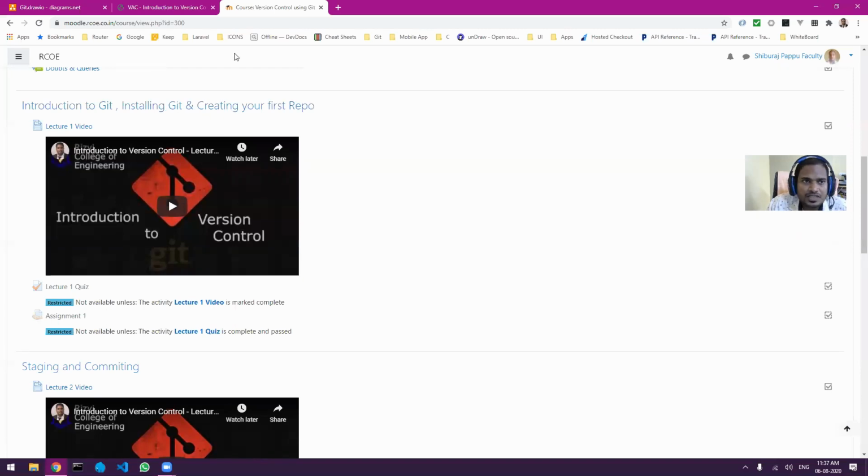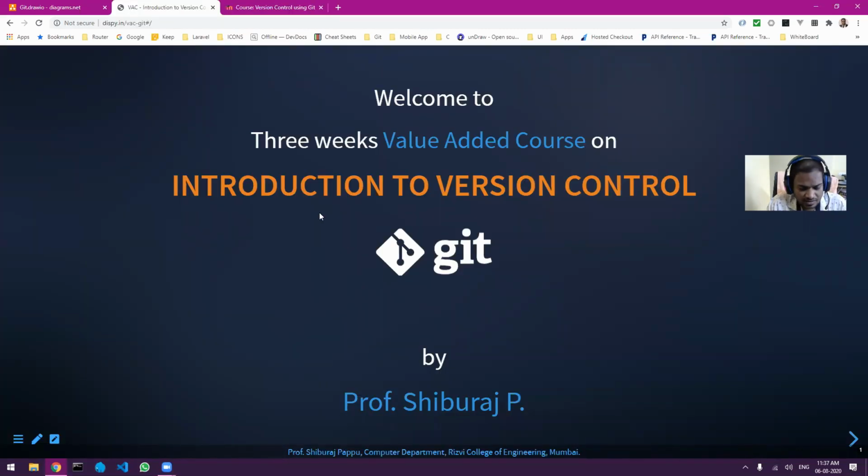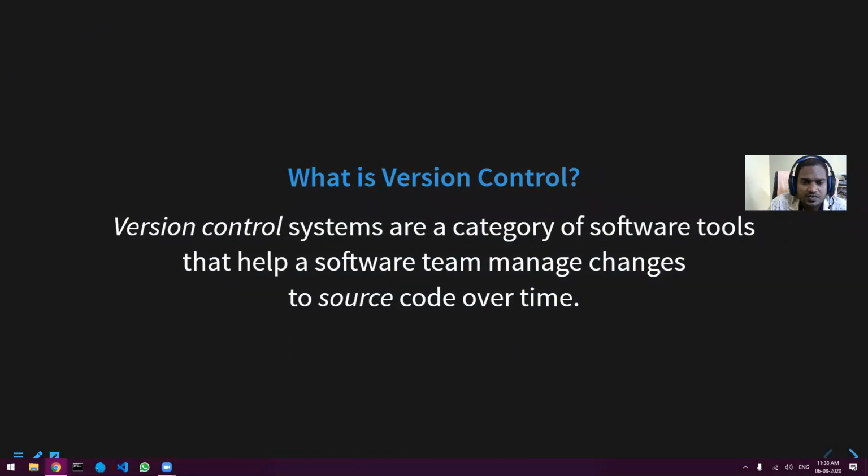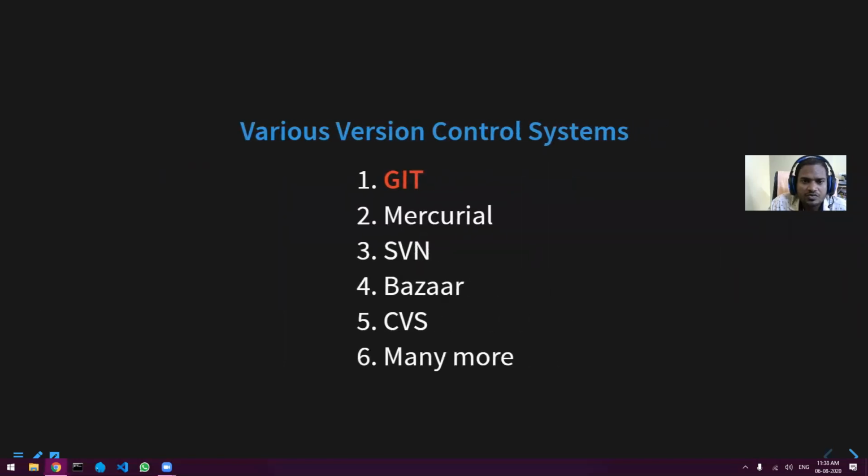So let us go back and quickly revise the topics that we have covered in the last lecture, right? This is the second week of the course on introduction to version control. We have seen what is version control and when to use it, which are the various version controls available.